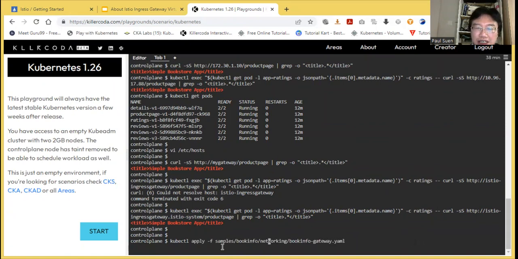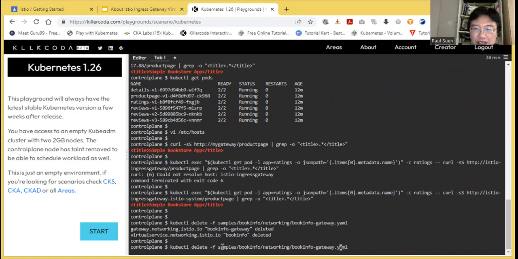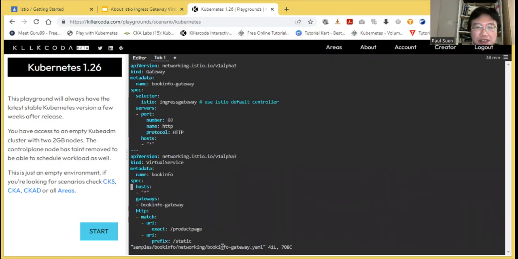We delete the virtual service. Modify the configuration manifest. On this line, remove the asterisk setting and replace it with just a plain and simple host name, my gateway,